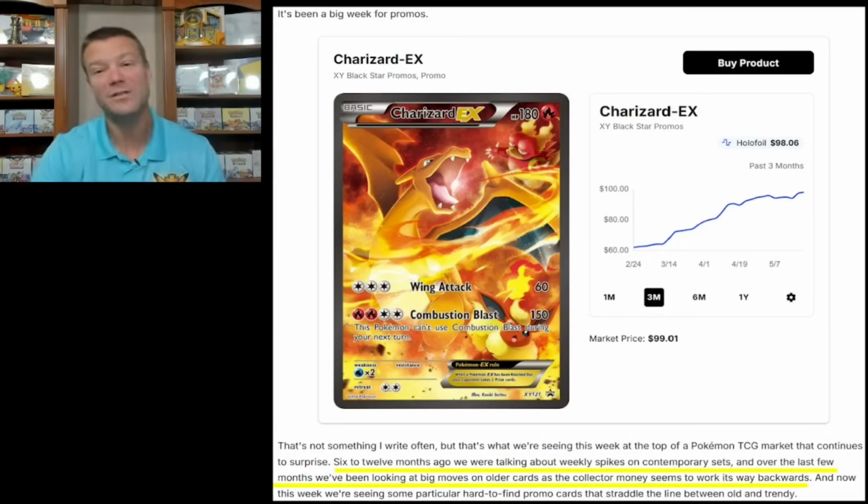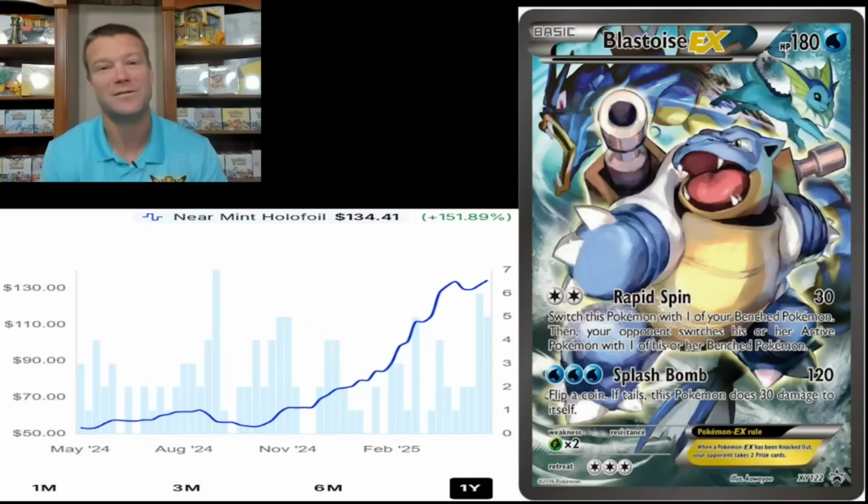So next card on the list, as I said, is the Blastoise, and I mean, think about how awesome this card is. You've got Blastoise right there in the forefront, and then who do you have chilling in the background? You've got Gyarados, and you've got Vaporeon, right? This is such an awesome combination of Pokemon. And if you look one year ago, this was a $50 card. Over the last year, this thing has shot up 151%, with really most of those gains coming in 2025,